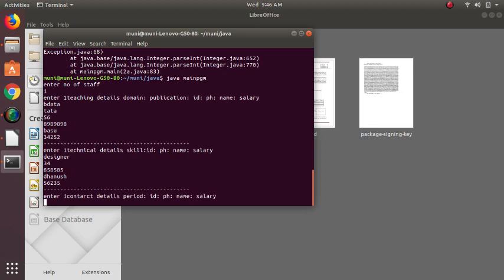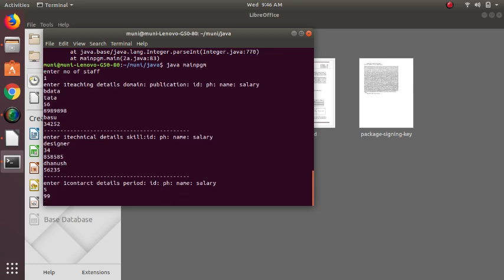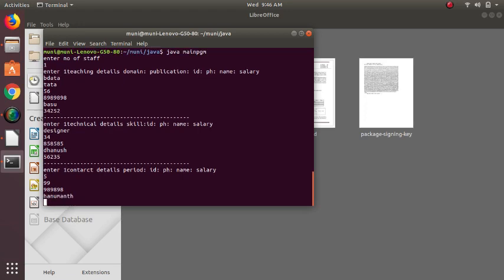So contract details, I will use 5 for period, then ID as 99, phone number as 989819. So name as Hanumant, and then salary as some 45,980.